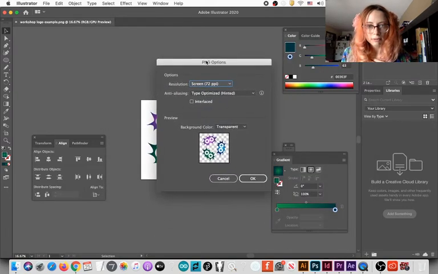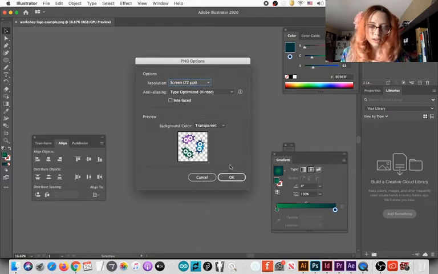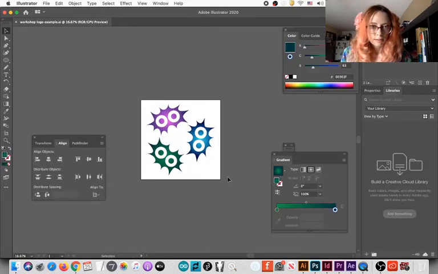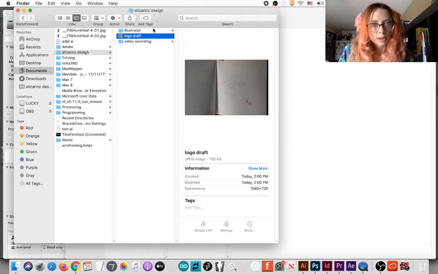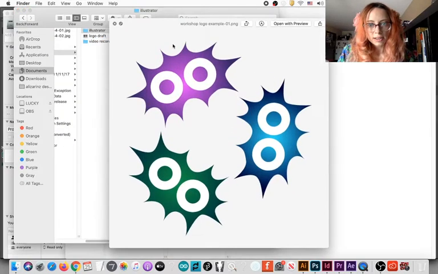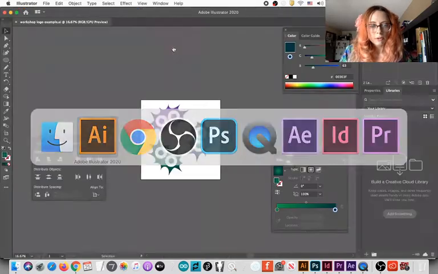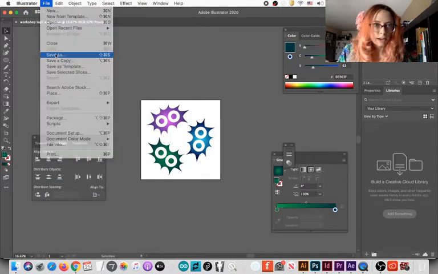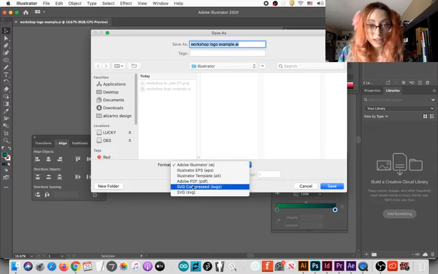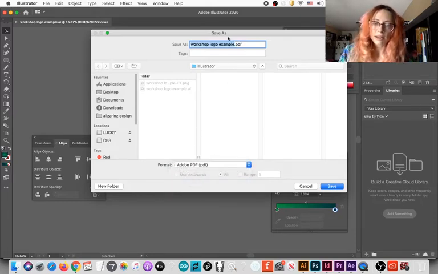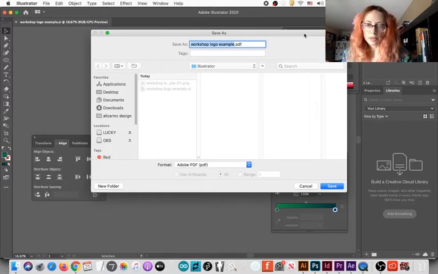Very easy. It gives a few options, not too many. You can just click OK. And now you will have your logo exported. Another useful format to export logos would be File, Save as PDF. Saving a logo as a PDF makes it printable, but it still keeps it editable. So you can keep working on a PDF file, but you can also send it to someone who doesn't have Illustrator, and they can open it and see it, unlike an Illustrator file.